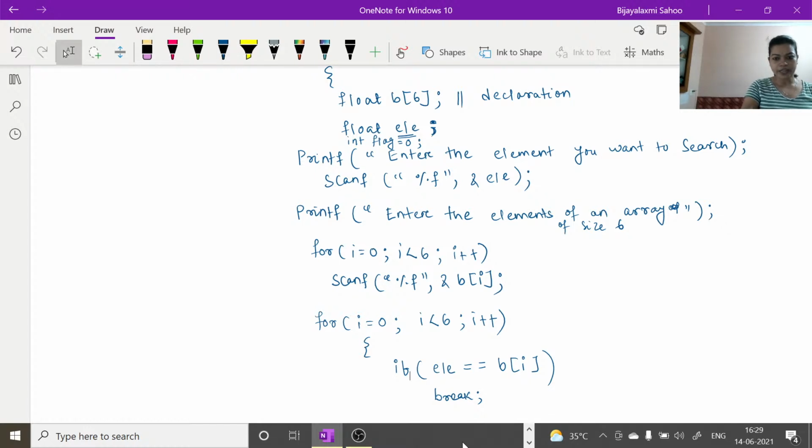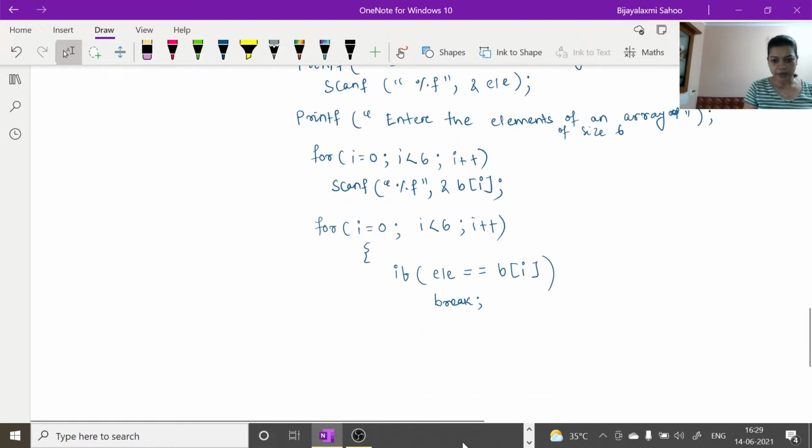If I am finding an element inside the array, then set flag equals to 1. That means I am changing the status of the variable from 0 to 1 when I find an element. If I find an element, then I need to break the loop. That means I should come out of the loop and print